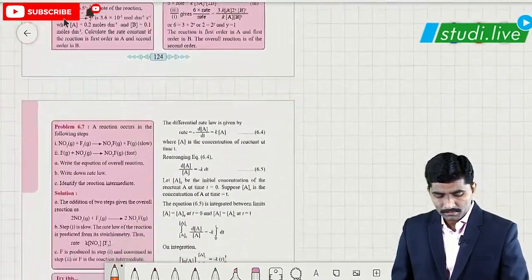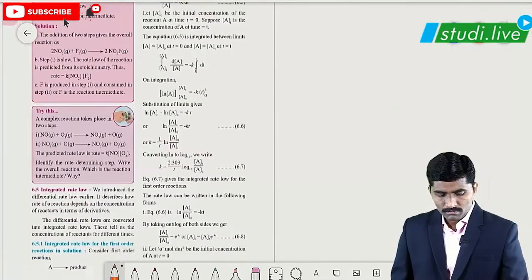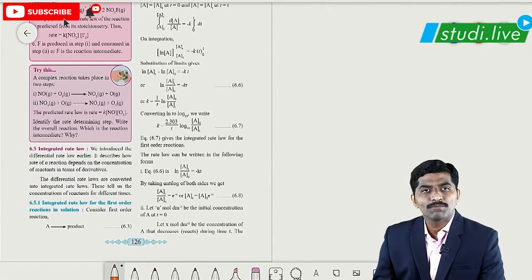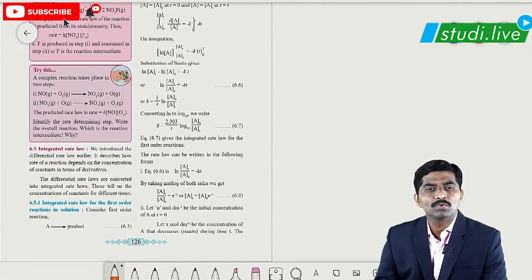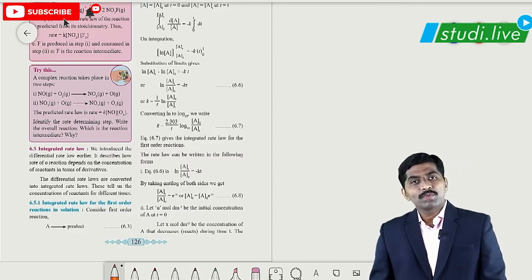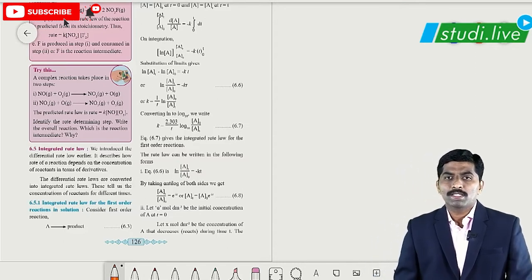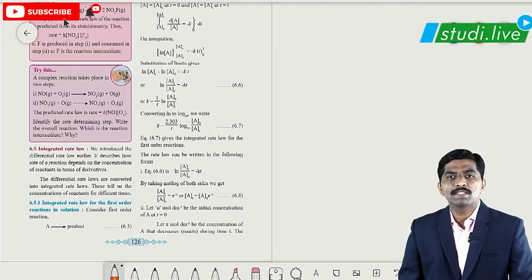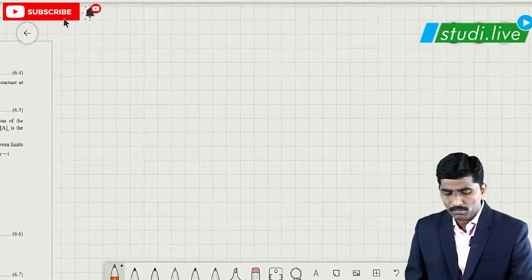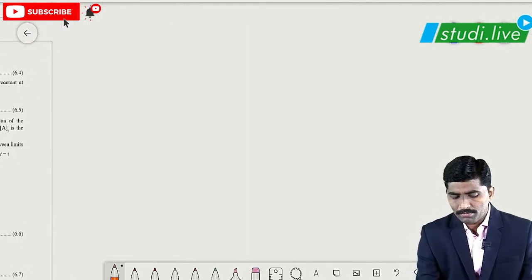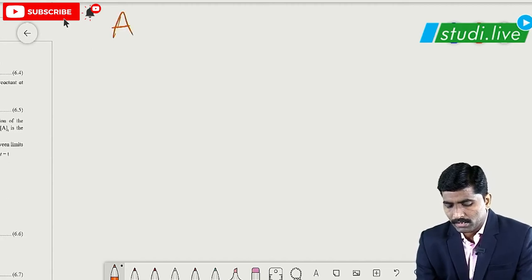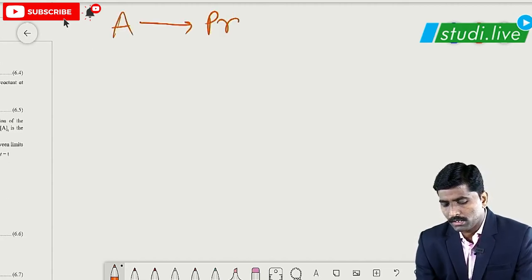Over here, molecularity and order, and before that we will be going through an integrated rate law. Usually integrated rate law is expressed for the first order as well as zero order reaction, and how is it? Let us see over here. We are having one theoretical reaction in which reactant A is giving the product.